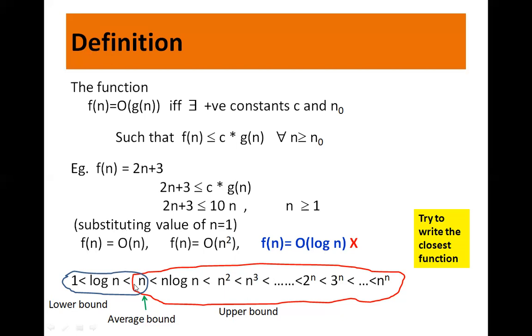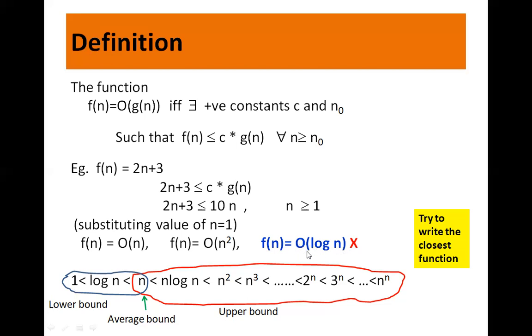What we got, f of n, is a tighter bound actually, which is an average bound, right? So if an algorithm is taking n, it can also take n log n, it can also take n square, it can also take n cube. Why? Because we are giving the maximum time, that is the upper bound, the worst case analysis, right? But it cannot go this side because this is giving you the lower bound. So it cannot be log n. It can be n square, it can be n, but it cannot be log n, because from n you can go to n square, more towards the upper bound, but it cannot go reverse into the lower bound, right?